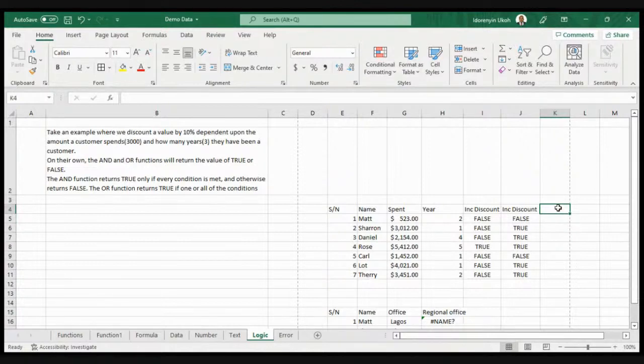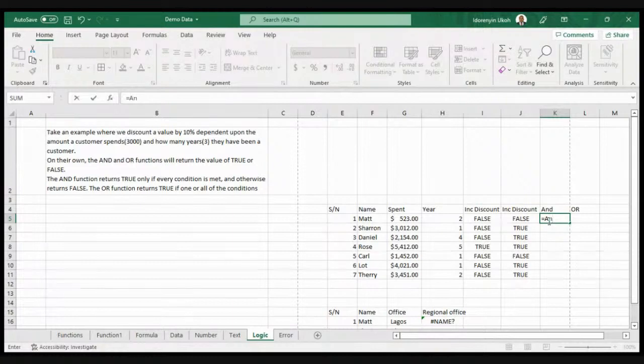So for the example, for every function in Excel you have to have an equal sign and then AND. I'm comparing if this customer's spending is greater than or equal to the amount we're comparing, which is 3,000, comma.